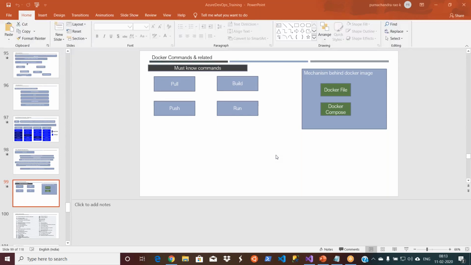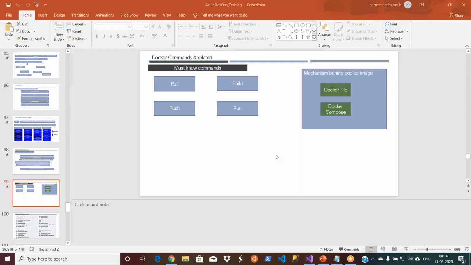As I told you, you are keeping your Docker images in a container registry. In the container registry, you will keep the Docker images, and in source control management, you keep the source code, that is your .NET code. So since you created a Docker image, you need to keep that in the container registry. So you will use commands like push, and if someone wants to use that Docker image in their projects, they can use the Docker pull command. If it is git, it is git pull, git push. Since it is Docker, it is Docker pull, Docker push.